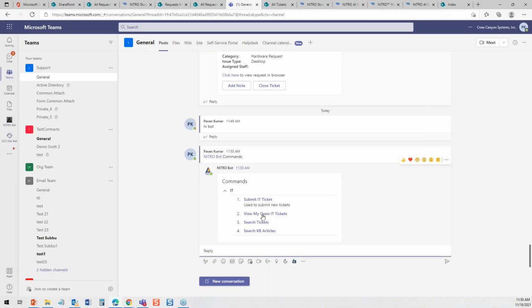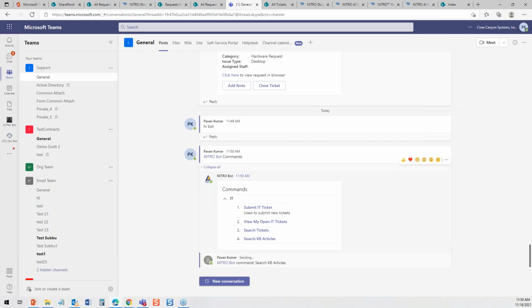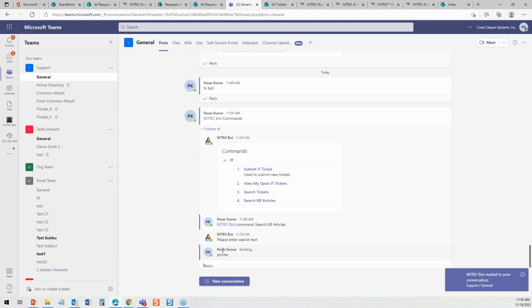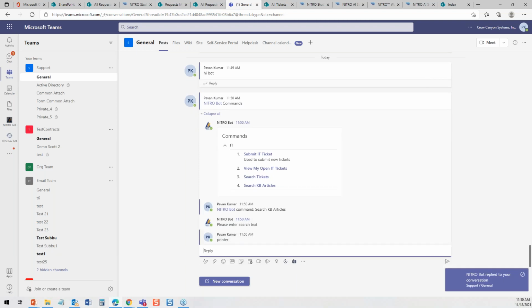The person might want to look at Search KB Articles right here. So anyways, I'm trying to say that it shows up right here in the channel. If you're doing a support channel, you get it right here. You can do Search KB Articles right there, and look for a KB article on printer or whatever you want to call it. Please enter search text, and it's going to give you a list of articles right here in the